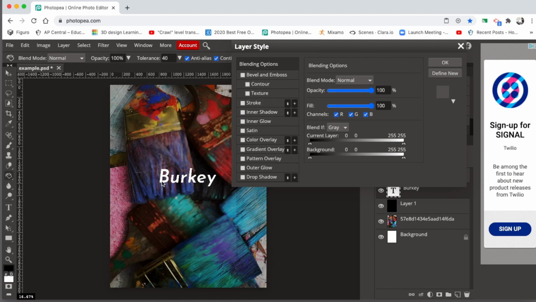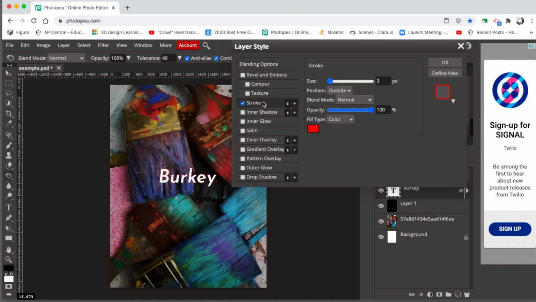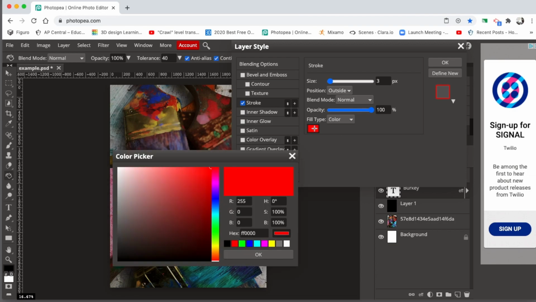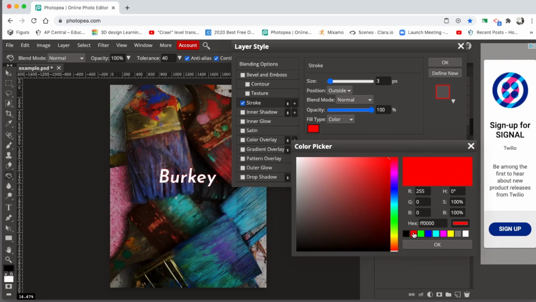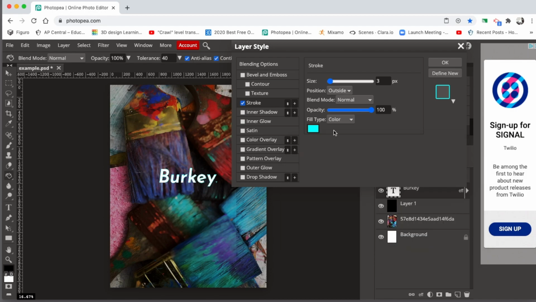In this case, I'm just going to add a stroke around the outside of my lettering. So I can click this little box here that says stroke, and then I can click right next to where it says stroke, and I can go down and change that color type. So if I want to use black or a blue, I can apply that color to it. I'll click OK. Let's say that I like that look. And then I can change the position of it, the size of it, and there's a bunch of different adjustments